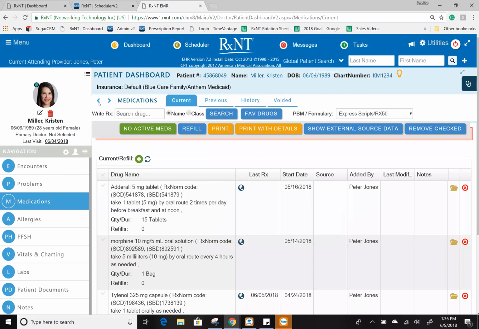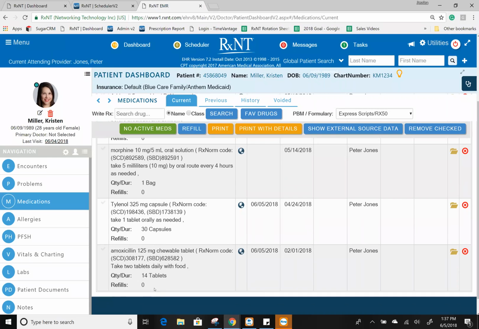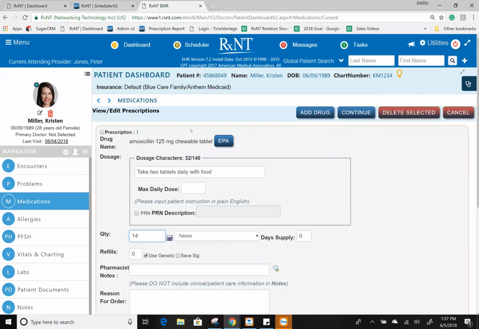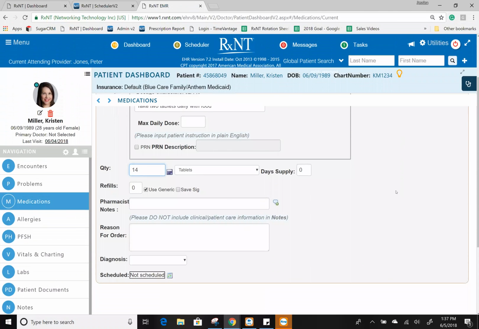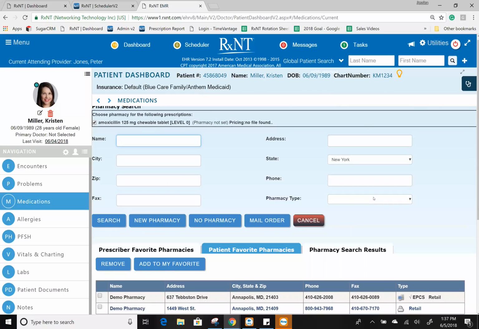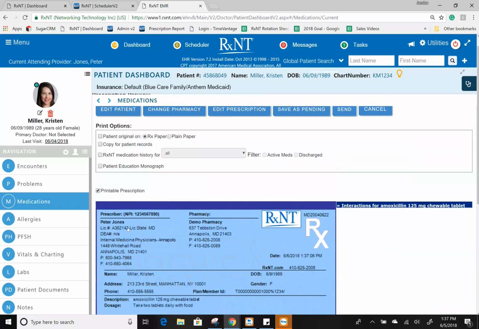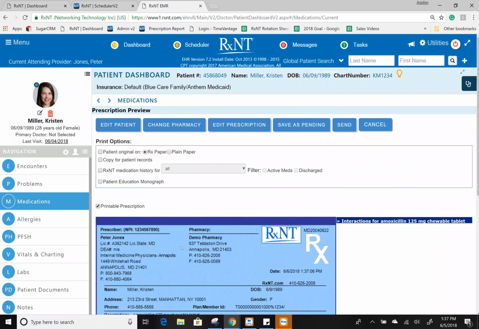You always have the ability to write a brand new medication by clicking on the Write Rx tab. Otherwise, you can simply select from a list of medications that already exist for this patient. By checking this box and selecting Refill, this launches you into a review of the medication information. From here, you can add additional medications, or you continue on to the pharmacy search screen. When you've found and selected the pharmacy that you wish to prescribe to, we launch you in for a review